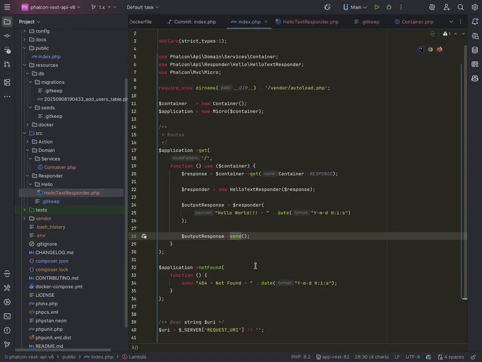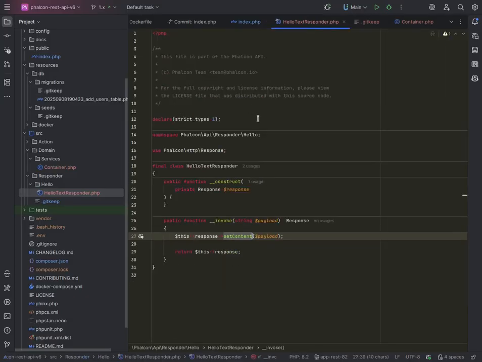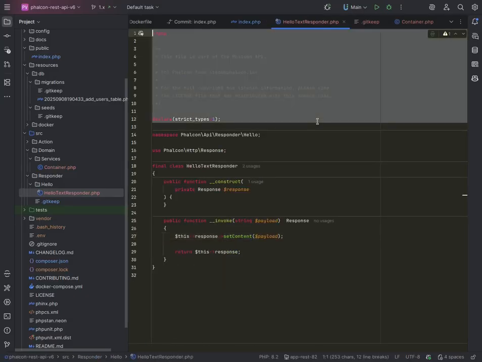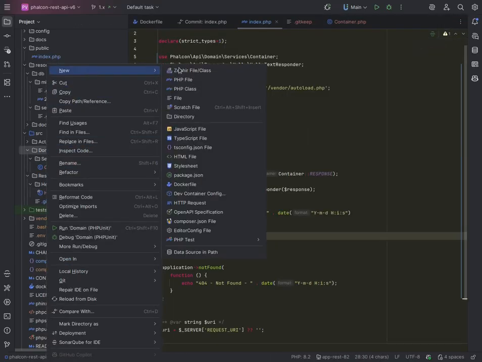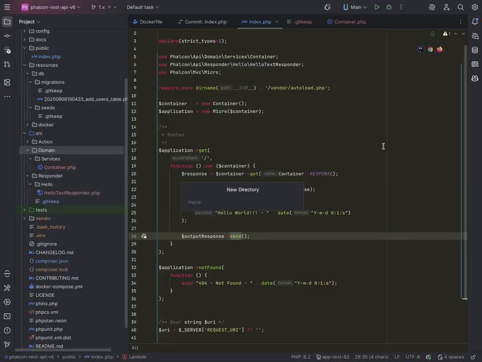Now, as far as the content is concerned, what would the responder pick up from here? It's just a static text, but the content that the responder will receive will have to come from the domain. So what we need to do now is create a new service in the domain folder to create the content for us. So let me come up here and copy this little doc block, and in the domain I'm going to create a new directory called hello,